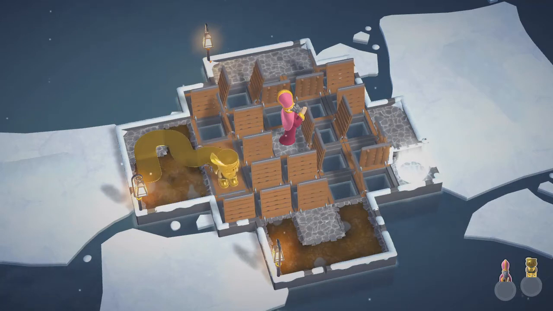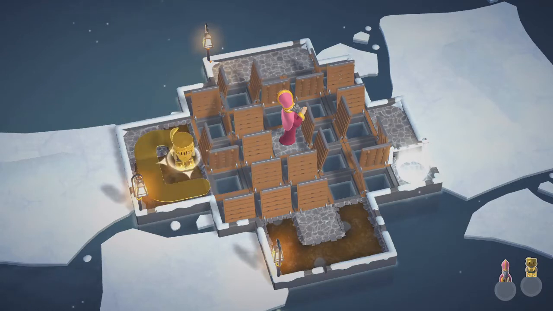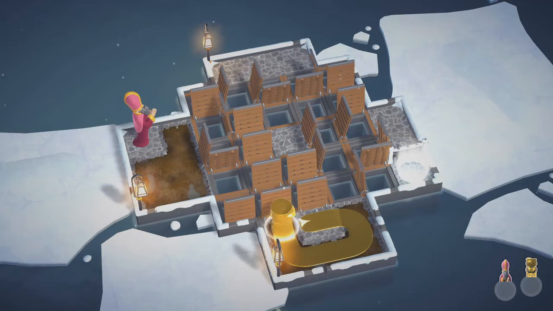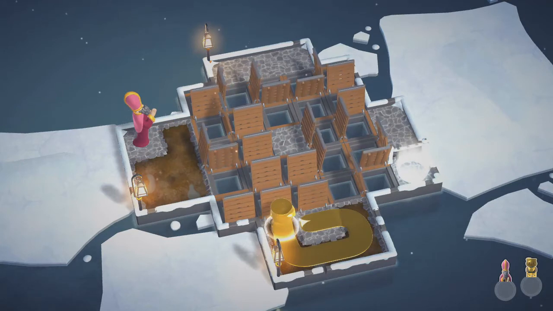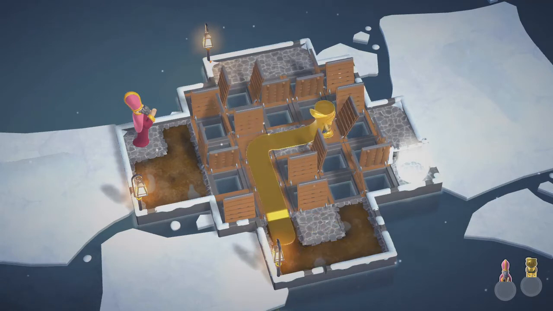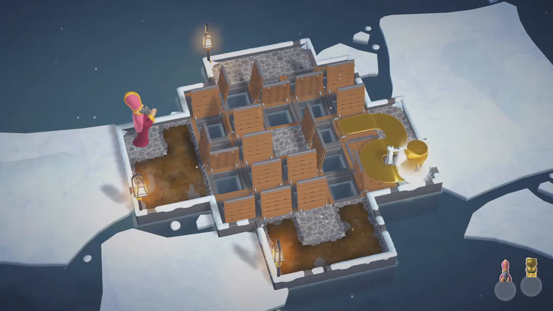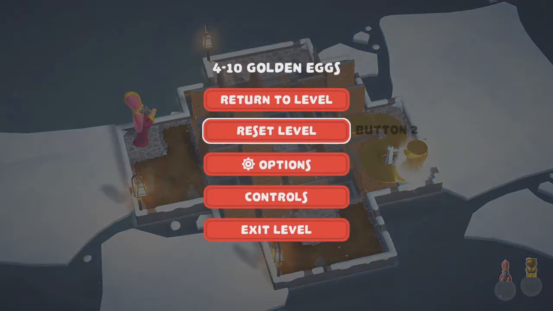Is there any way I can get anywhere useful at this point, or am I stuck? I think I'm stuck. Let's go back to the beginning. So, let's just try to trace out where he needs to go at the end, which I believe... Wait a minute. No, this is the exit. Why did I think... Hold on. I want to try something. If I say reset level...